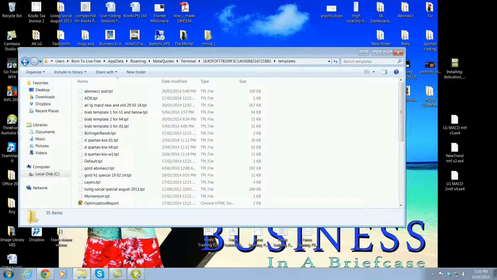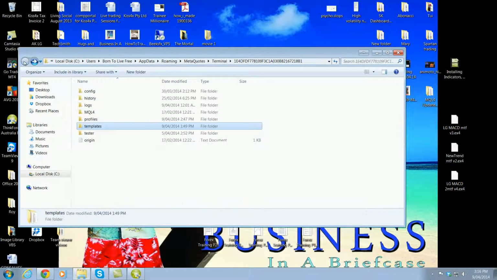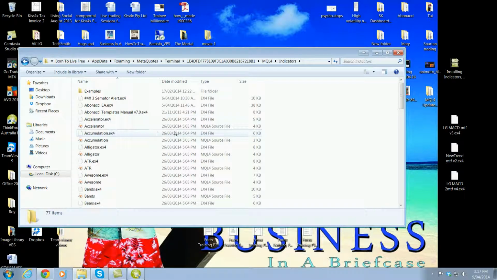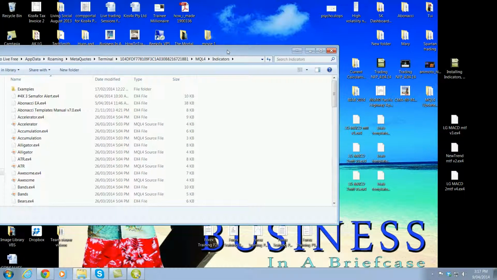Okay, so once you've done that and you've placed all 3 of them in there, go back to the original folder and click on the one marked MQL4. Open that. In here you'll have the experts folder, indicator folder and several other folders. Generally the ones you'll be going into are either the experts folder to put in expert advisors, and EAs, an abbreviation for expert advisor, or the indicator folder. We're going to be using and installing in the indicator folder,